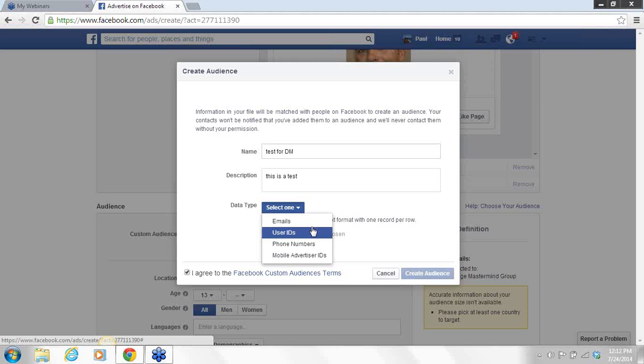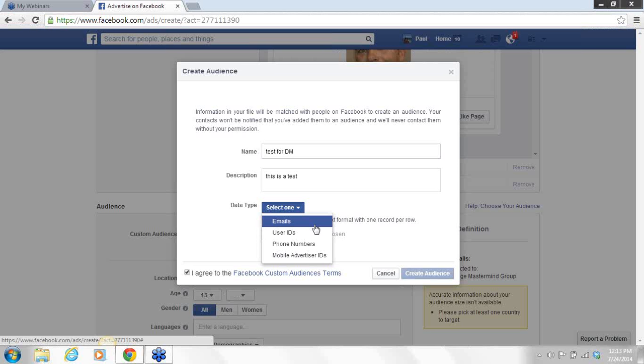Now, the ultimate way is with user IDs. What user IDs are is their actual account ID. Each and every Facebook account has an identification number associated with it. And if I remember correctly,